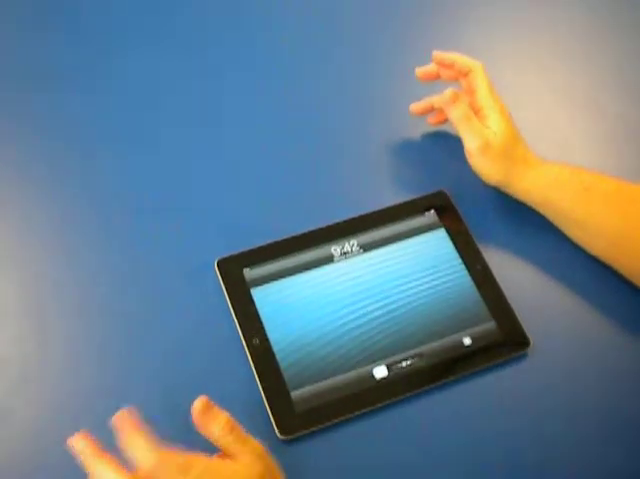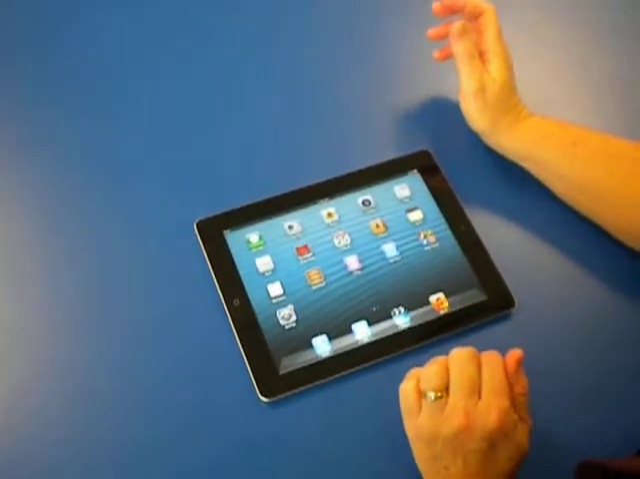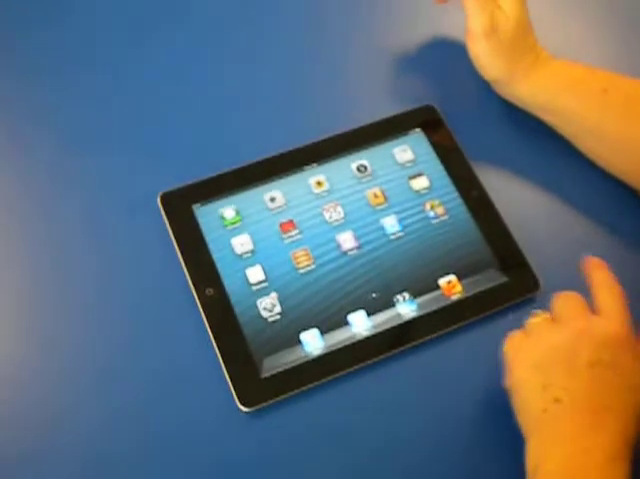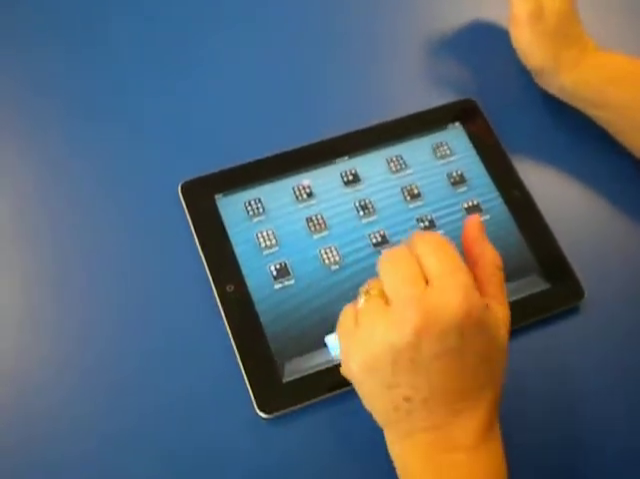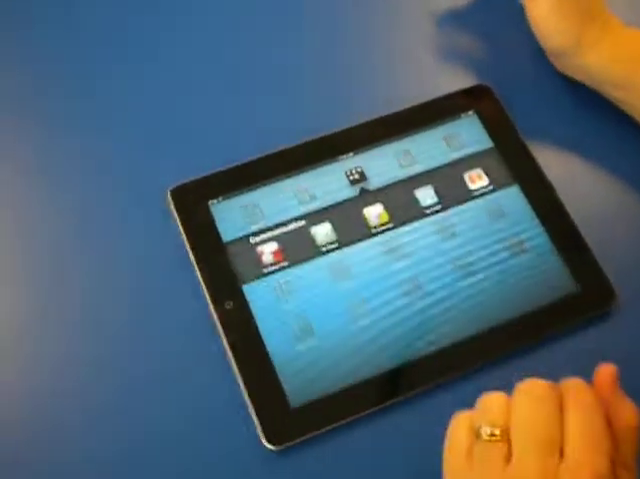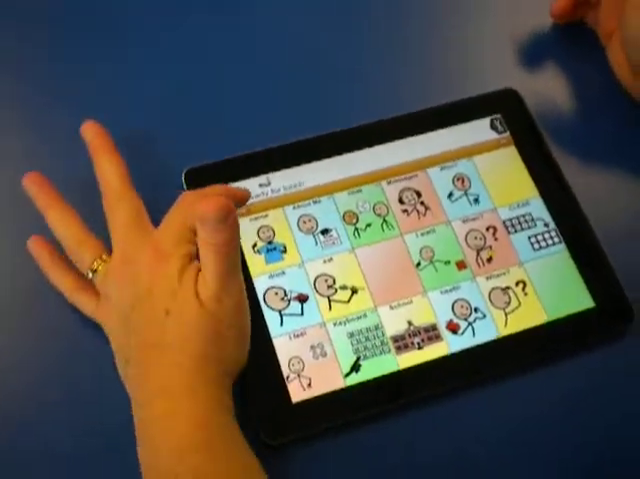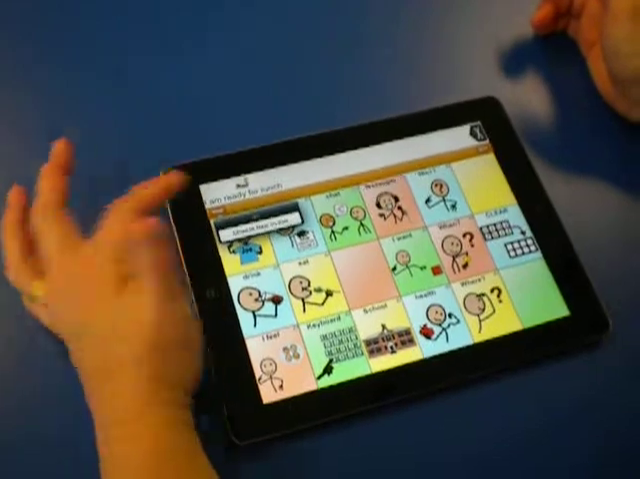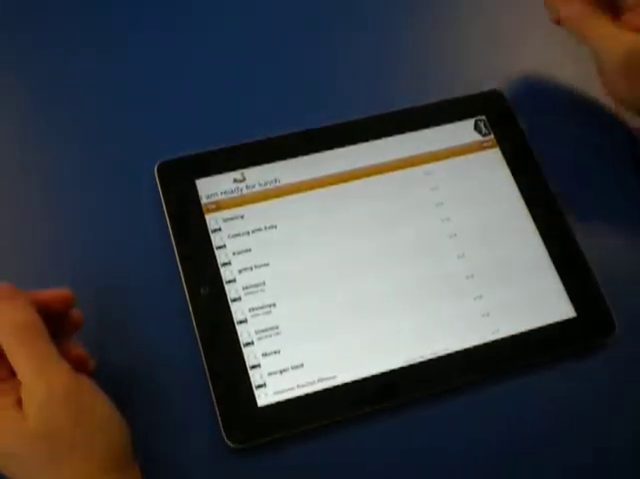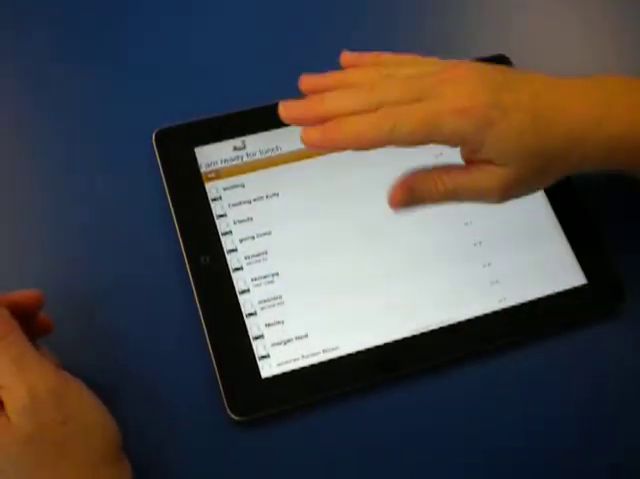Recording. Okay. This is the iPad with the Touch Chat app. One of the first things you want to do is go on Vocab and choose New Vocab. And I've already added some things on here,